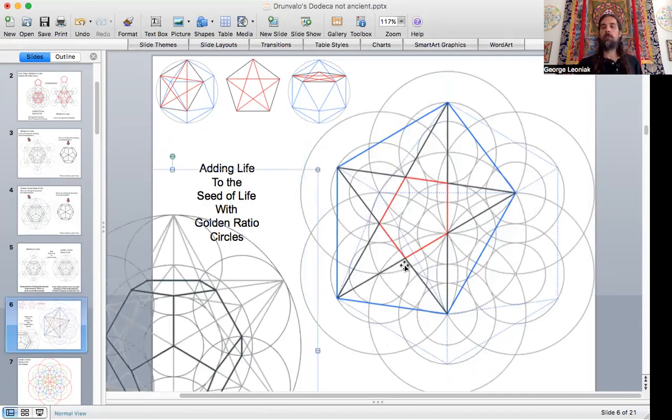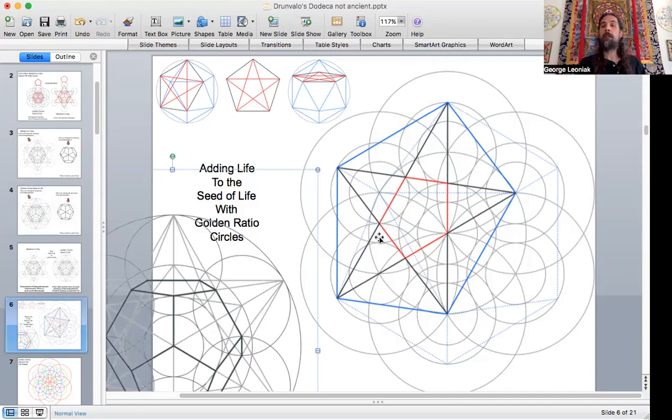I think in my previous slide, I did say that, that's really the relatively common way that I've seen illustrated in other books, is that they will draw... It's not like no one was drawing a dodecahedron accurately. What they often did was draw an icosahedron first through various different techniques. I've never seen the golden circle seed of life done the way that I do it, but they would generally draw two phi ratio circles. They'd make a hexagon, and then they would go in and kind of draw the stellated version of the dodecahedron, and while doing that stellation, they would get this pentagonal face.